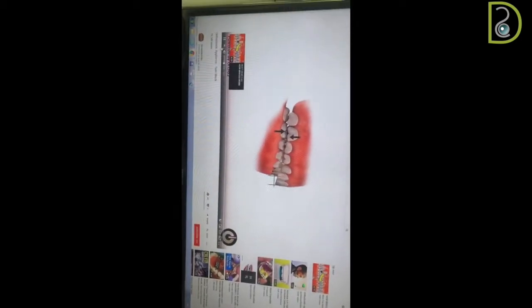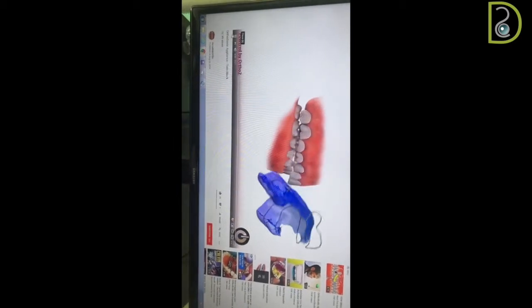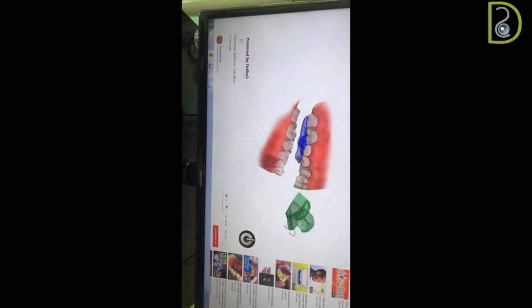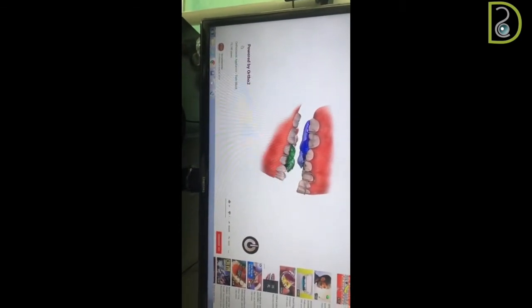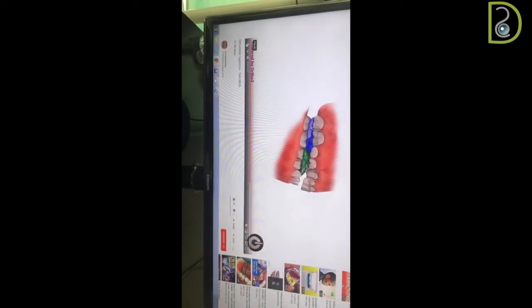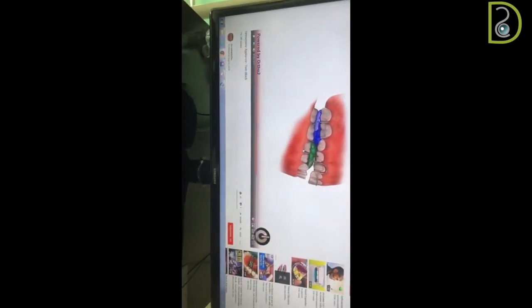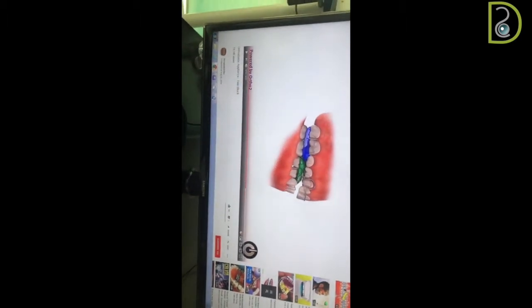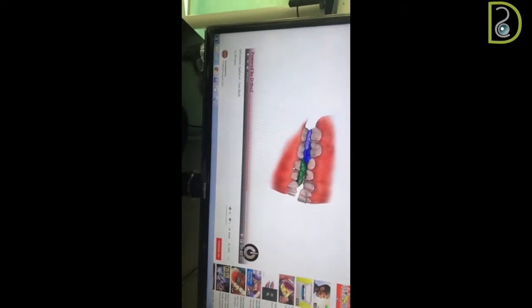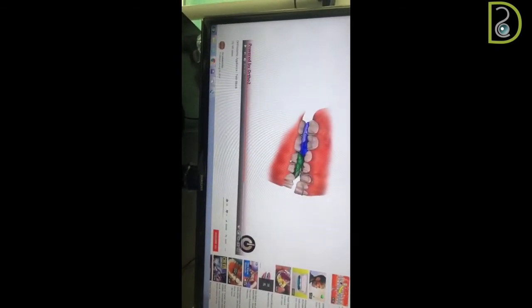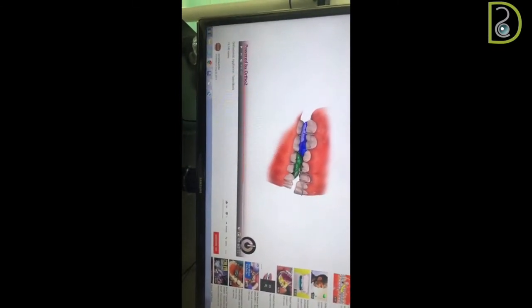Now, what is the beauty of this appliance? It comes in two pieces, so it's not as bulky as the one before. You get the upper part, you get the lower part, and it helps in two directions. First, the patient cannot bite, so he has to advance his mandible. So he's using his muscles to advance the mandible. With fixed appliances, the patient is not using his muscles. As he closes, the appliance pushes the mandible forward, so it stretches the condyle, and this is something that I